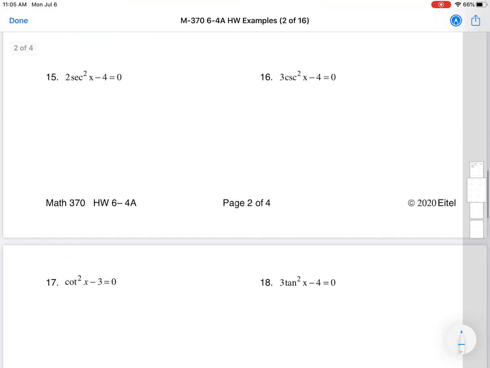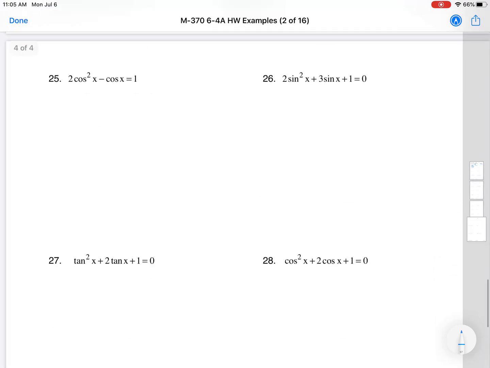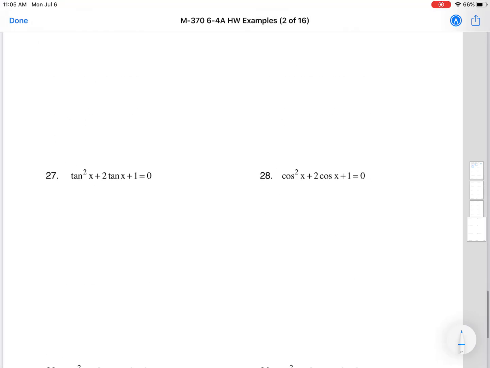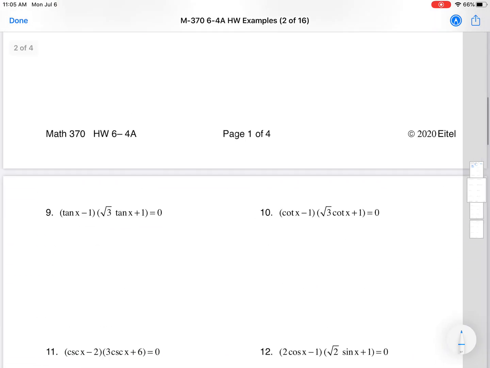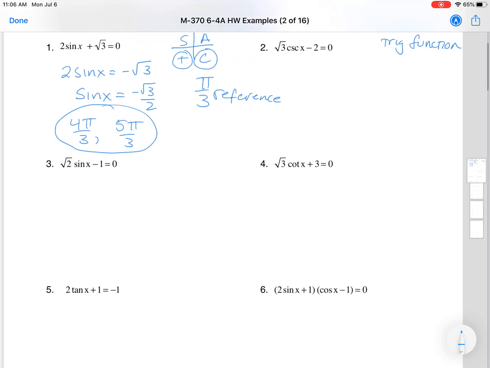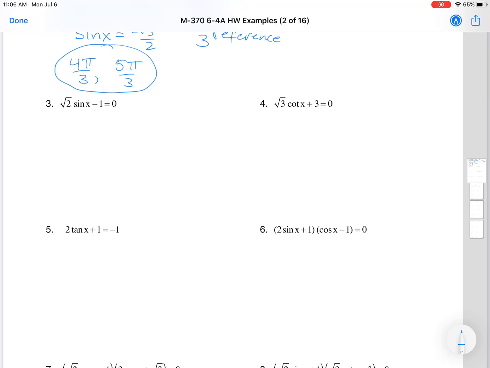And I believe we can check our answers at the bottom, right? He has all the answers on the last page. Oh no, he has them on a different thing, right? So you can see all the different type of work that we're going to be doing. So let's just hop down to something like,